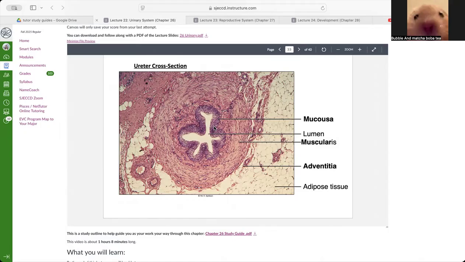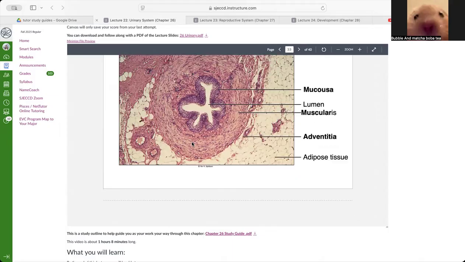And then we have adventitia. This is the outside layer. It's a thin layer made up of areolar connective tissue, and it connects to adipose tissue that lines body cavities. There are a lot of blood vessels, nerves, and lymphatic vessels, and it anchors the ureter in place so it doesn't shift in the